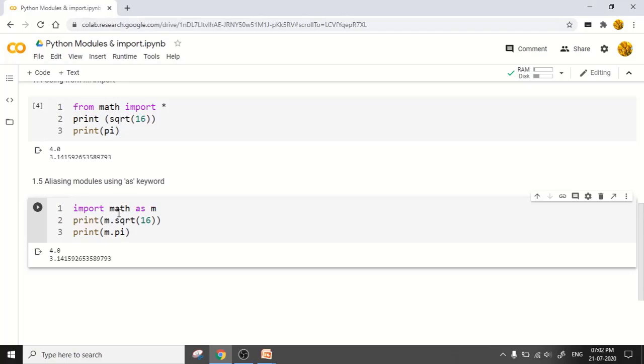In this code we have named math as m, and then we use m.sqrt and m.pi. We have changed the previous version of this program by using an alias, and we get the same output in this case also.